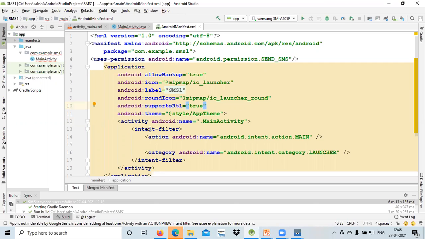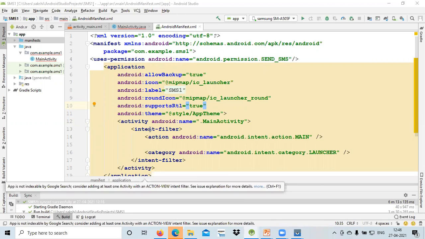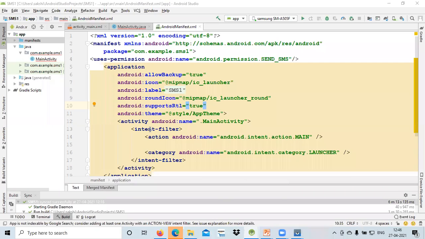So can I share one poll with you regarding this messaging part? Yes, student. Okay, I'm going to launch the first poll that is based on the SMS part.